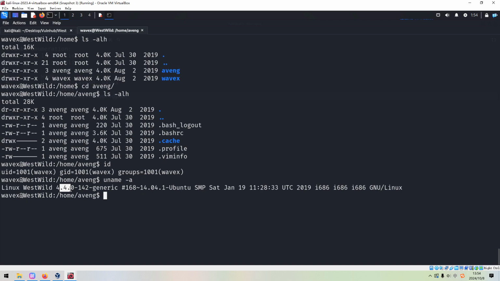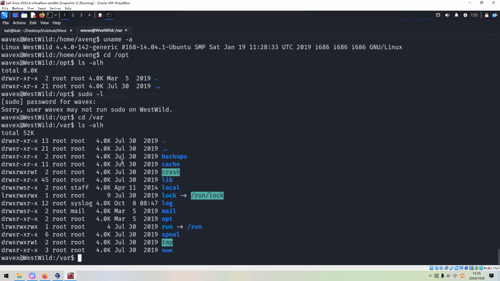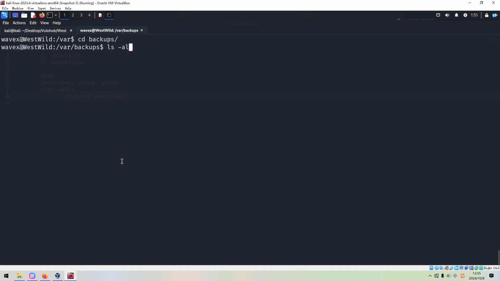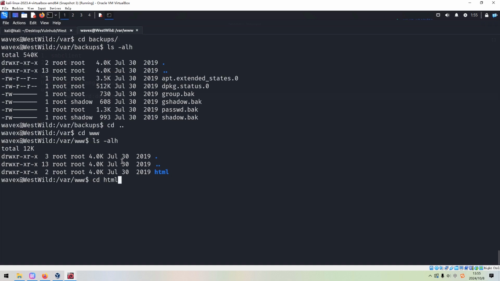But in this video, I'm not going to try the exploit of the kernel. So let's do more enumeration locally. Go to the opt. And also we can check whether the current user can run sudo. Can't. And then we can go to the var. Go to backups. Nothing there. Go to www directory. Go to HTML directory.